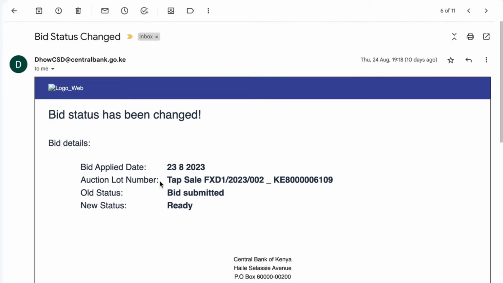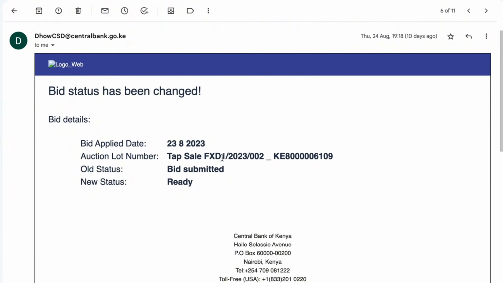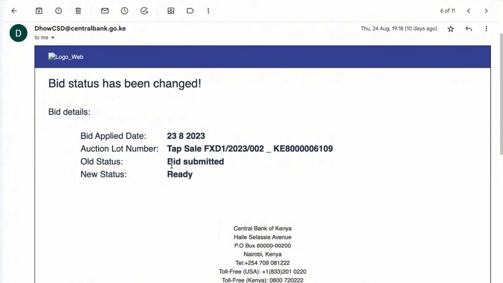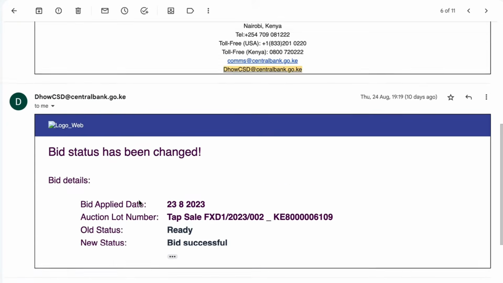The first email I received is "bid status changed." So this one, bid status changed, bid applied date. As you can see, 23rd of August 2023, and it was a tap sale for the FXD 2023-002, and so the status was bid submitted. The bid was submitted, and then new status ready. Then after that,